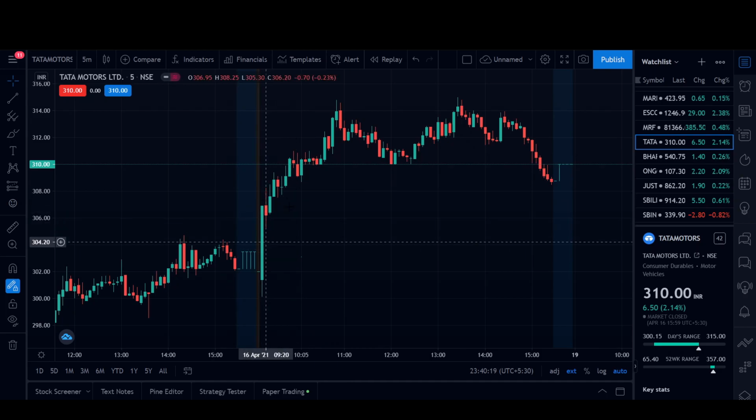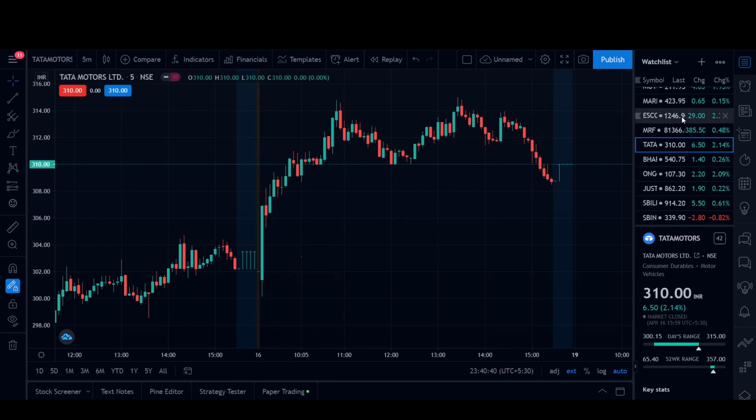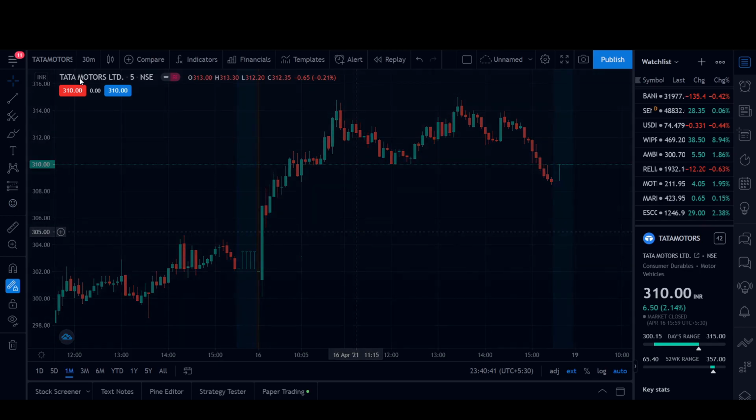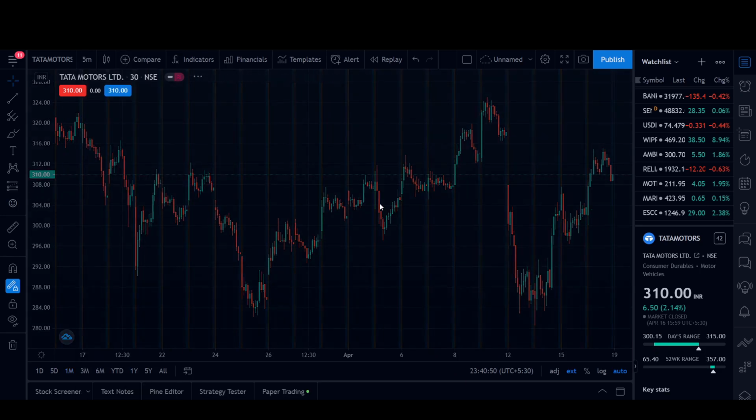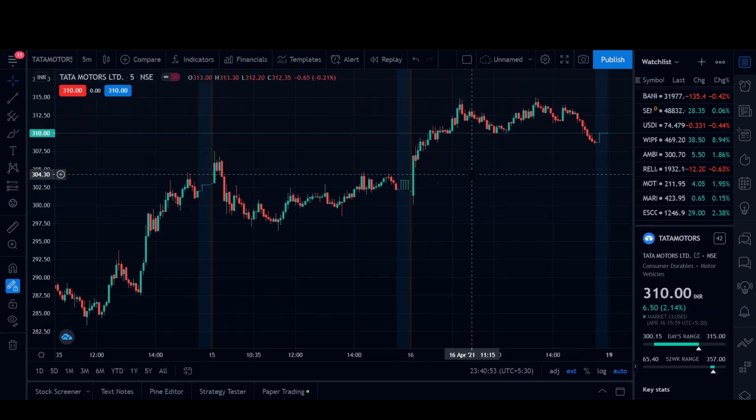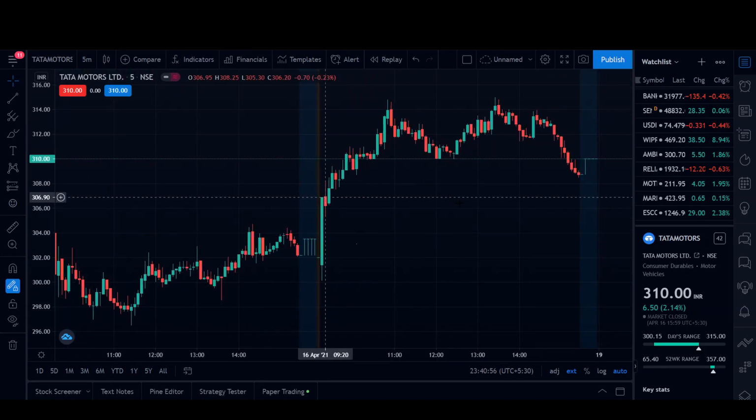So first you have to wait for at least 10 to 15 minutes and understand where the market is heading, what the trend is. These are some of the basic rules of the strategy, of actually any intraday strategy. Wait for at least 3 to 4 candles to be formed, understand the trend, understand the markets, observe the indexes. Over here, I have Tata Motors. Change it back to 5 minutes. So now I'll be telling you what indicators you're supposed to use.